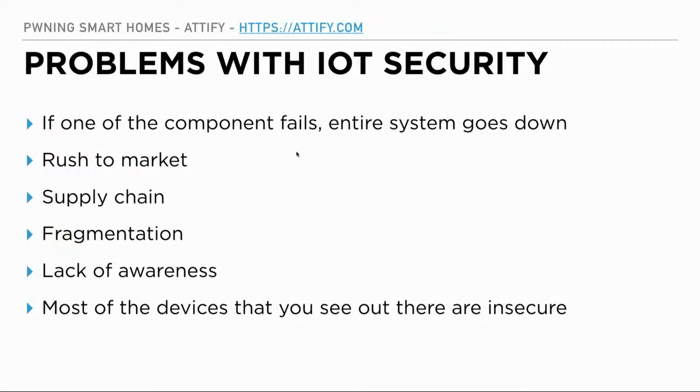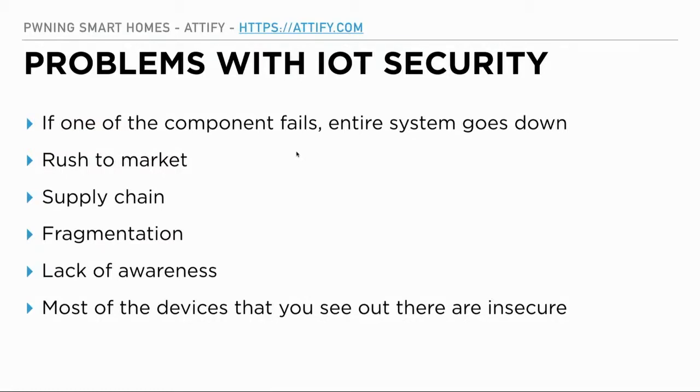Also, there is the problem with the supply chain. Whenever you manufacture devices, you have a lot of different companies or a lot of different components involved. Someone is buying the components, someone is assembling, someone is manufacturing your PCBs, and then you have the final QA and testing, and then the product ships to the market. That also increases the possibility of having a backdoor in the products that you see in the retail shops. And that is also something extremely common with IoT devices. So a lot of devices have backdoors.